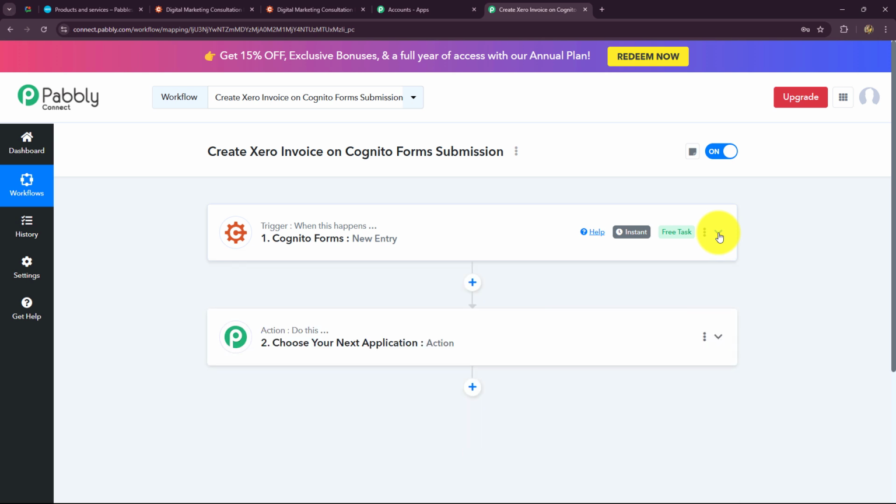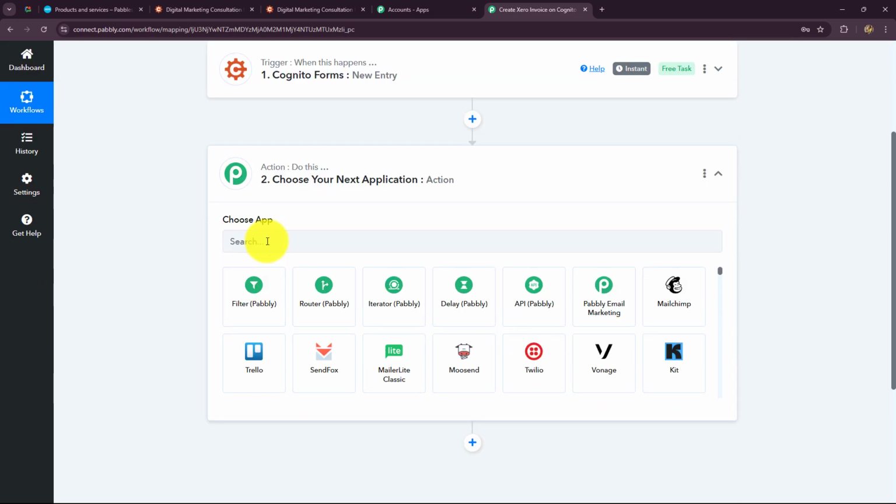So now every time a new form is submitted by a new client in Cognito Forms, the response of that client with all the form submission details is going to be captured inside Pabbly Connect. Once we have set up the connection successfully, our objective now is to create the invoice for this form submission. So here we are going to go towards our action step, and we will select our action application